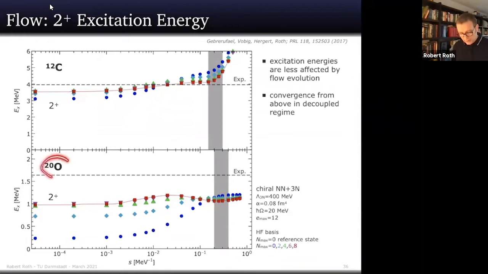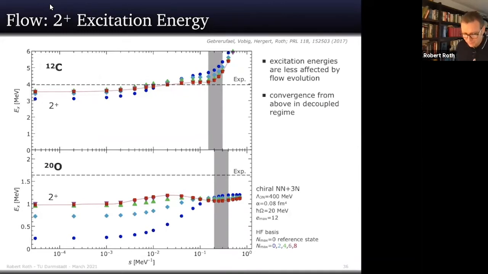If you go to oxygen 20, you see that there is some kind of convergence behavior. So you change a bit for the original Hamiltonian, and this is reduced. So you're more stable with respect to Nmax if you go to the evolved Hamiltonian. But in general, there are little effects on the excitation energies, and that has been known for a long time. Excitation energies are difference quantities, and they converge in a classical NCSM calculation much faster than ground state or absolute energies. So this helps you.